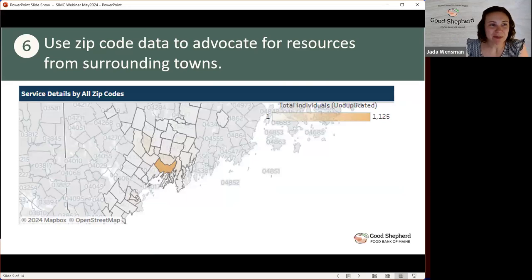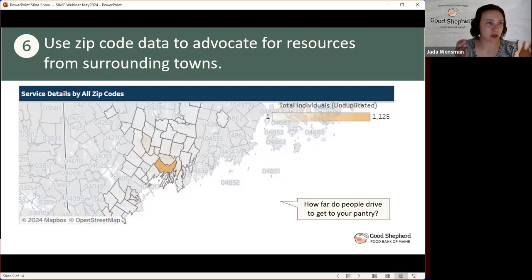All right, number 6. Use zip code data to advocate for resources from surrounding towns. So this is one that we have heard a lot of pantries have made use of, and that is being able to count up how many households are coming from different towns. Now, SIMC will make this beautiful map for you that shows the zip code, and so that can be helpful visually to see how far folks are coming, what that drive might be like, what the region is that you're